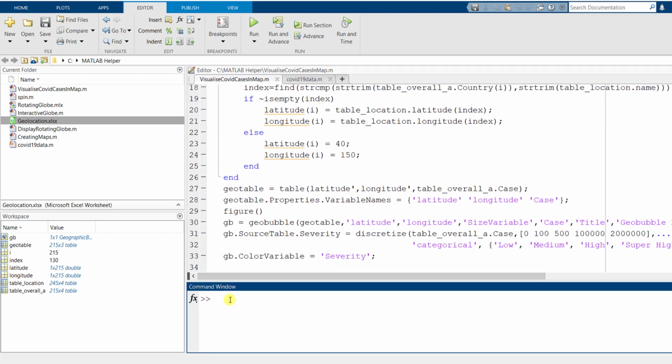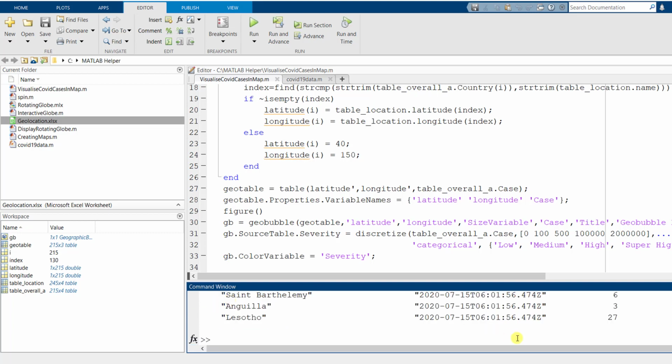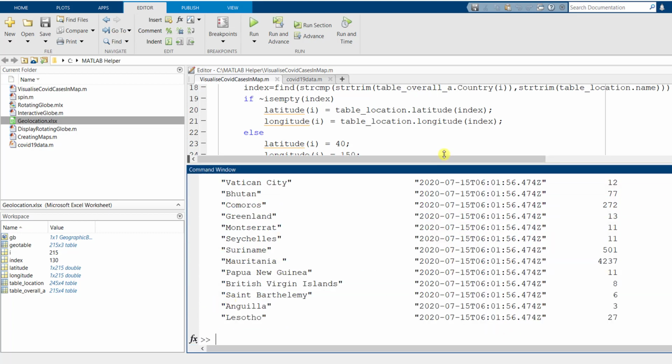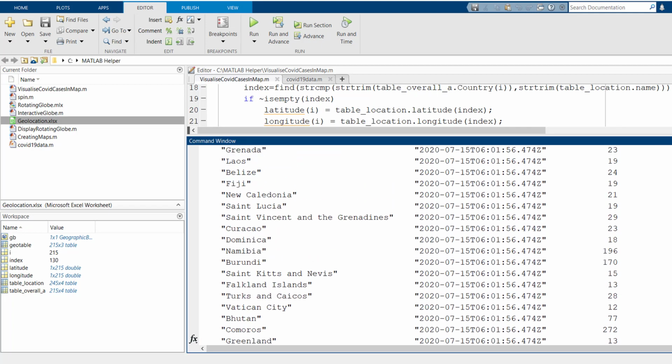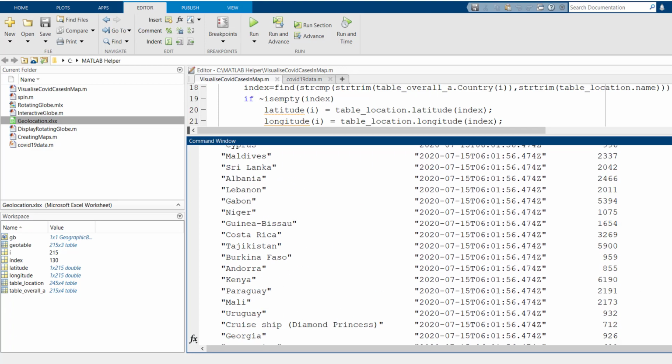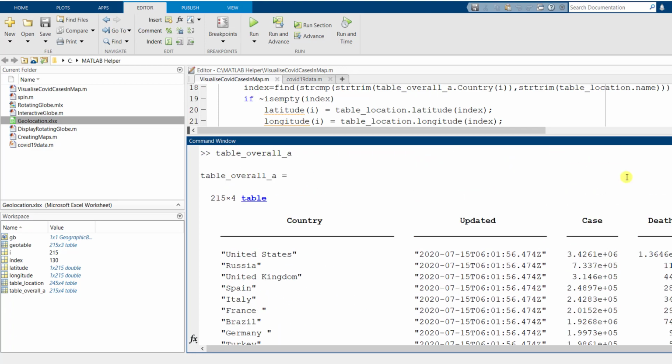Let's take a look at the table overall A. We are able to see the table now, which has the country, the updated, the cases, the deaths.